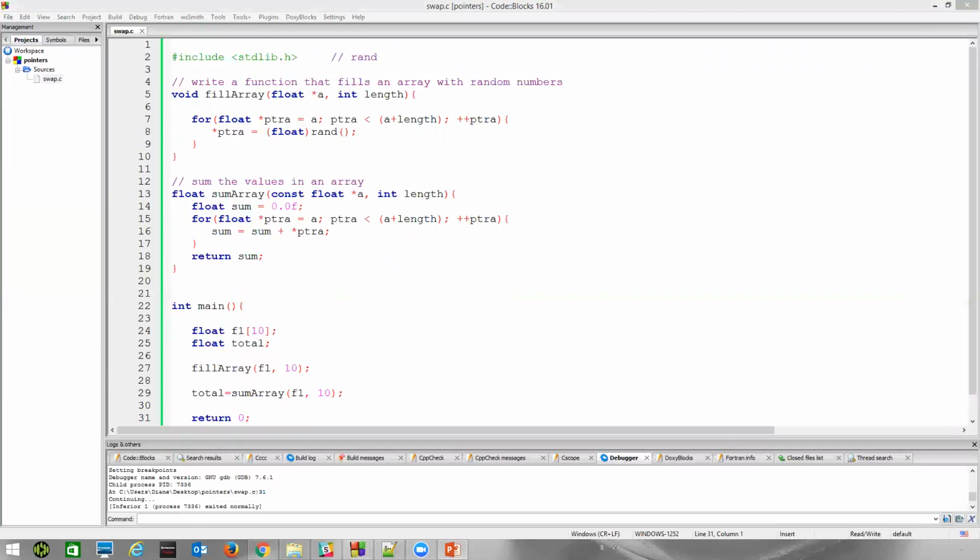All right, so we talked about const, we talked about constant parameters. All right, let's take a look at pointers as return types. We want to return a value from a function. All right, so we've got this function now that we filled with random numbers. Let's write then,